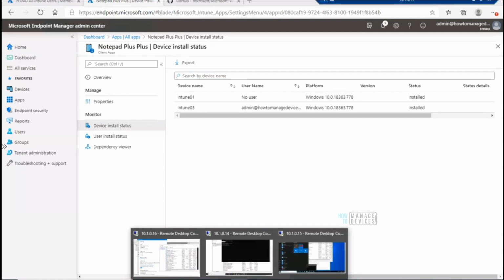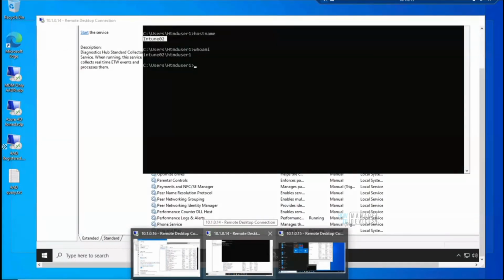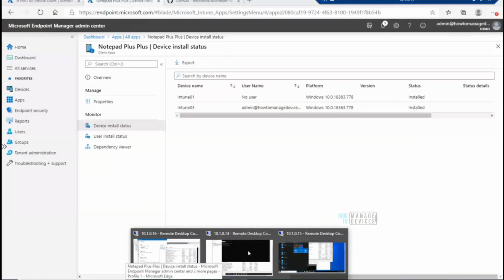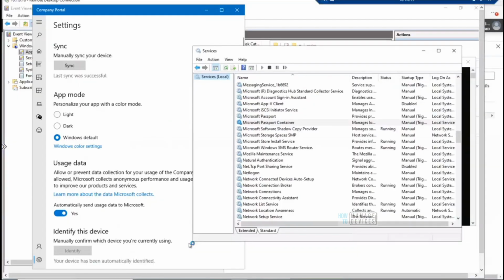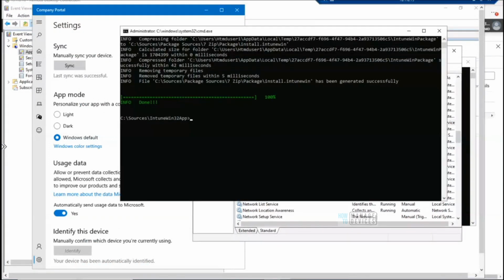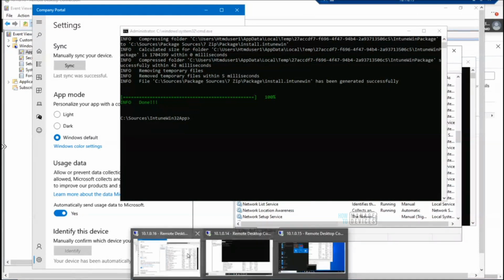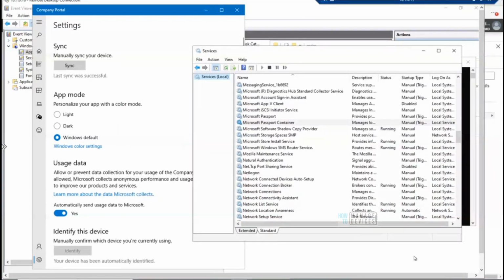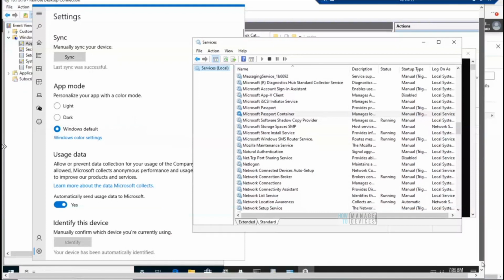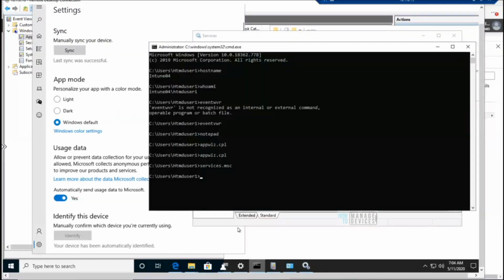So let's go back to 02. Which one is 02? This one, I think. Give me a sec. Somebody is not on mute. Okay, 02 host name.